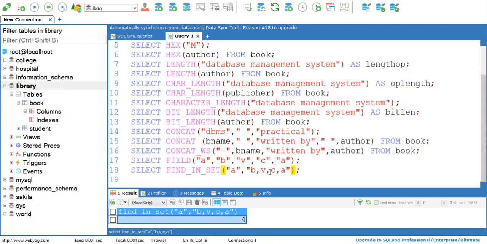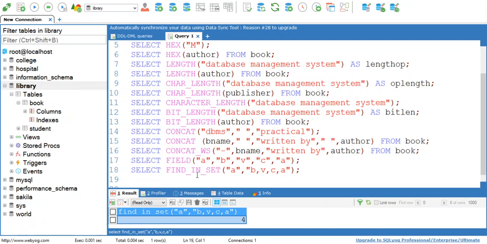Similarly, in find in set we also have two sets to compare. We find the index position of the first argument in the second argument, and that second argument is nothing but a string, a collection of characters. So this is the difference between field and find in set. These two functions cannot be operated on the attribute name of any table, meaning we cannot use an attribute in a table as an input to these functions, because they are set functions.